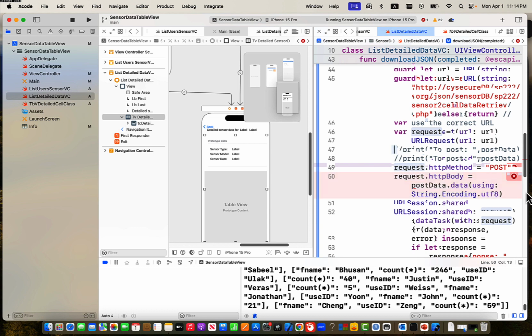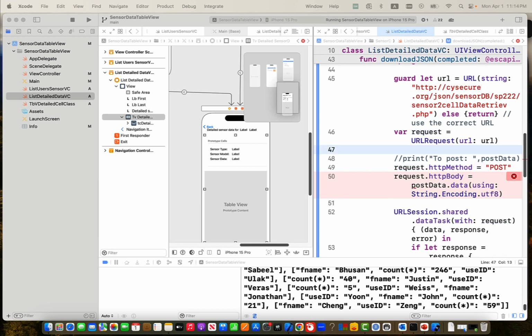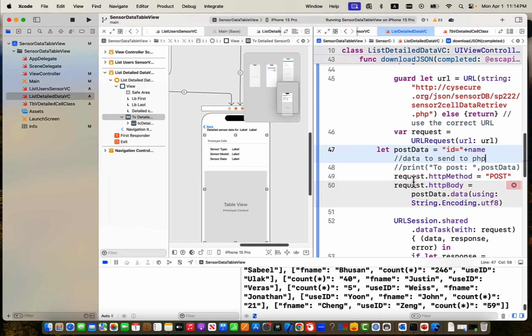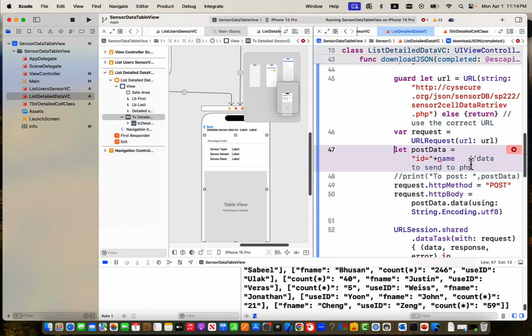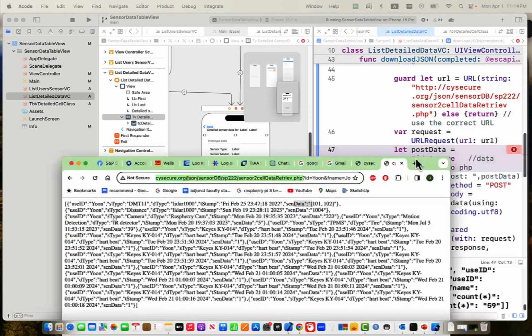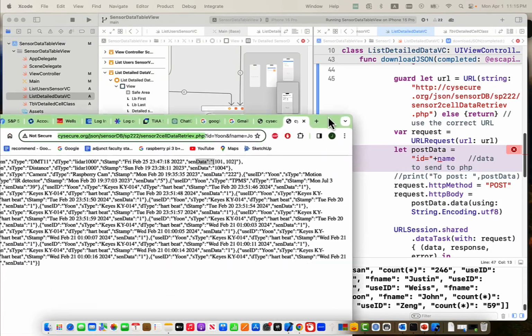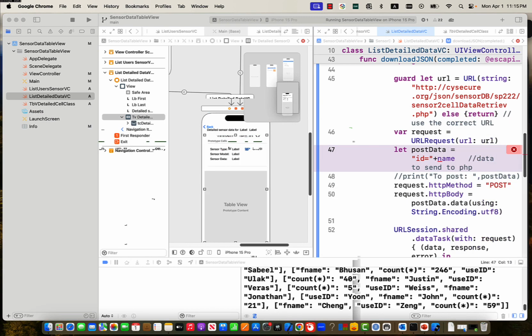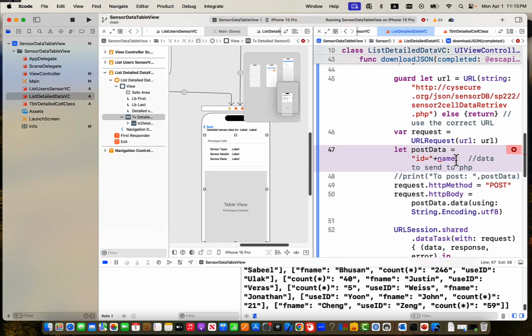Oh, I deleted that post data. Remember that our, which I deleted, but I want to put in here from your Blackboard. Let ID equals, remember that here ID equals Yoon and first name John. So ID equals name